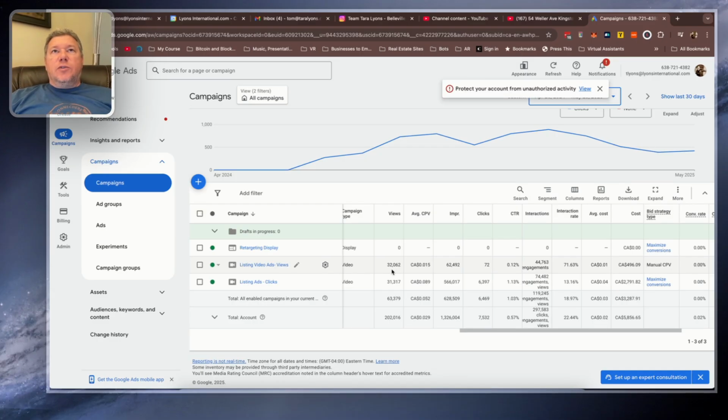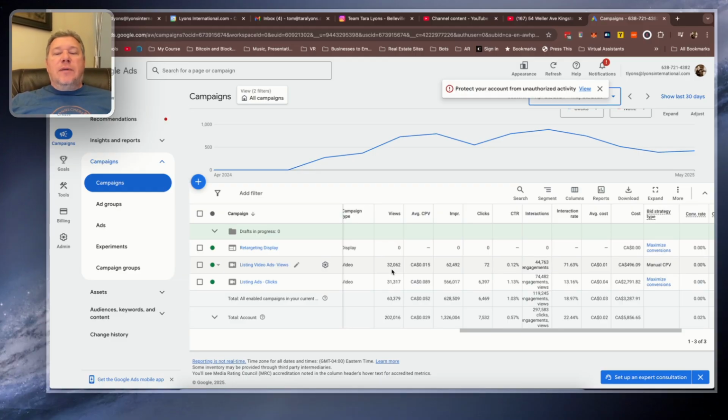Because we're in an area that only has a trading area of about 100,000 people, and our town itself has about 50,000 people, I could saturate my market with views, which meant that from a branding standpoint, everybody was hearing us. And we were getting leads just on that brand recognition. If Tara walked through a park, people would stop her going, "Hey, are you Tara Lyons?" Even kids were stopping her. And people were constantly saying, "Hey, I hear you on YouTube all the time." So we were generating quite a bit of business that way.